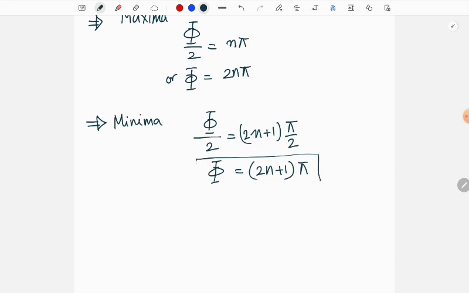So these are the two position criteria, and from here what one can find is the separation between these